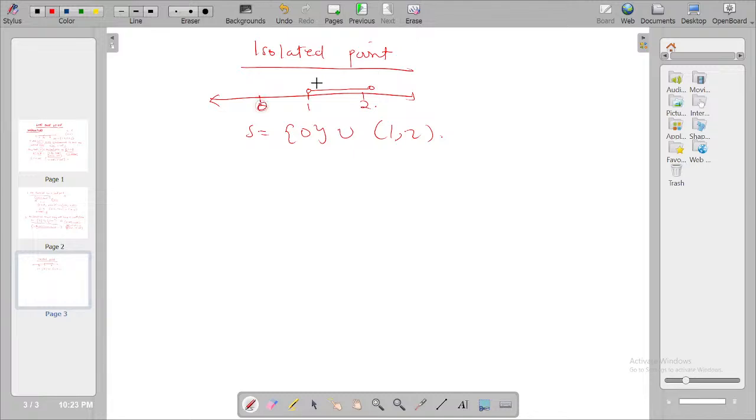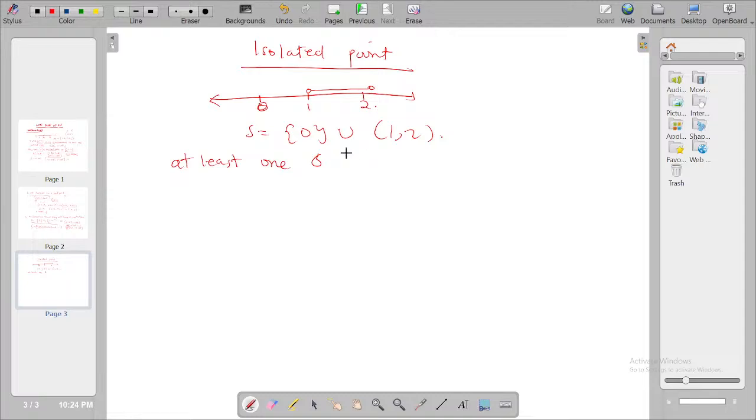For us to know that it's an isolated point, the condition is, if there is at least one delta, so you know that for limit points, every delta, but here, if there is at least one delta that when we find the interval, we don't get any other member of the set within,